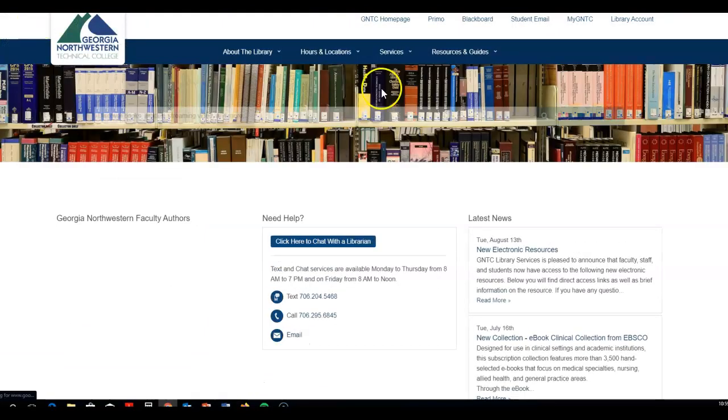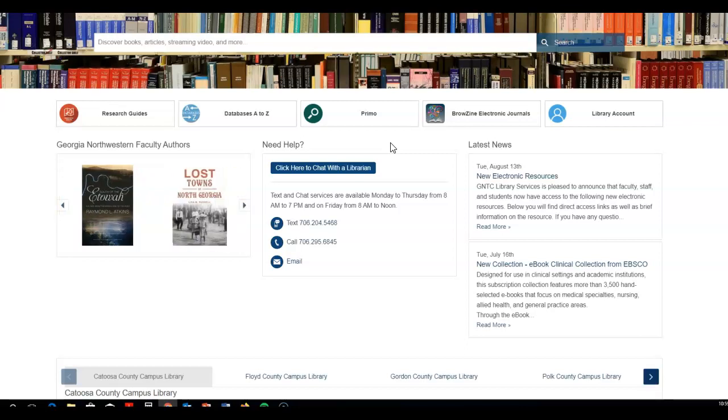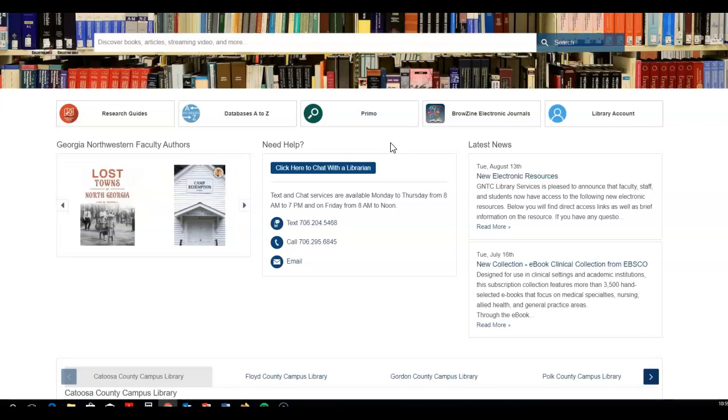Going back though, I want to show you how to access Galileo and then how to use Primo. You have a library scavenger hunt assignment that's going to help you walk through this information and give you some practice actually doing a little limited search. So to find Galileo, what you want to do is come under